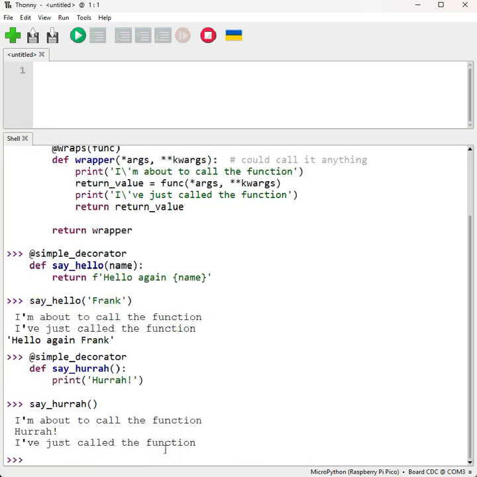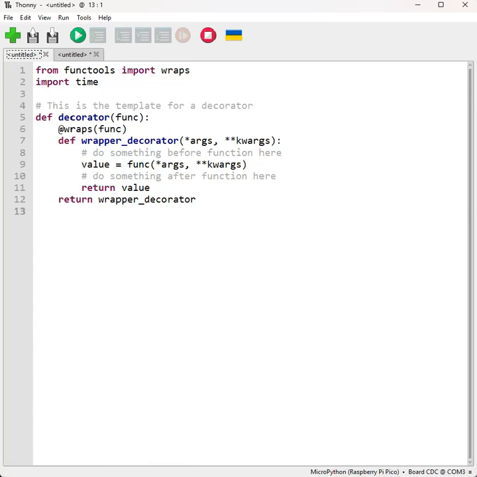Yes, it works. Now, I count that as a success. I've just made a file that has really all you need to know to make a decorator. So I've put from functools, blah blah, import time, because some of them want a time, and then you can just use that template for a